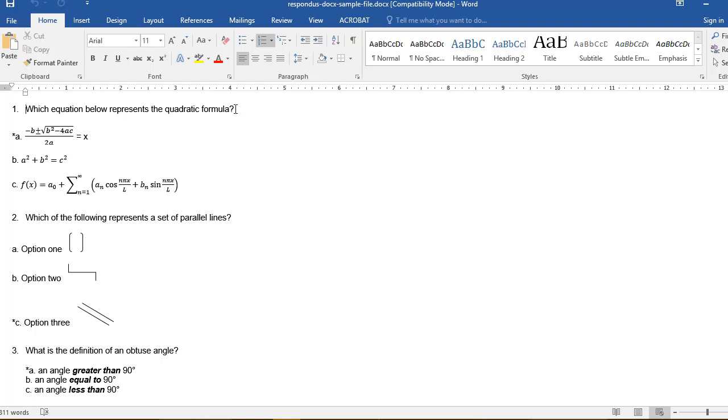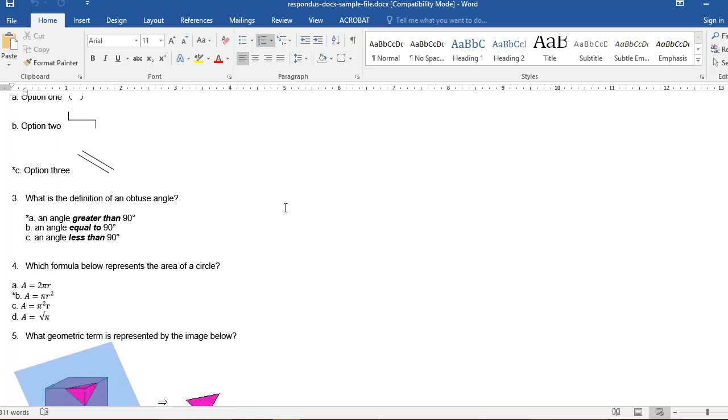And Respondus works for multiple choice and true-false. If you want to do open-ended, you'll have to go in and add that afterwards to the Schoology test at the end. But this is really to save you time, especially if you have a 50 or 100 item test for a midterm or exam, so that you can upload your test in a few clicks.